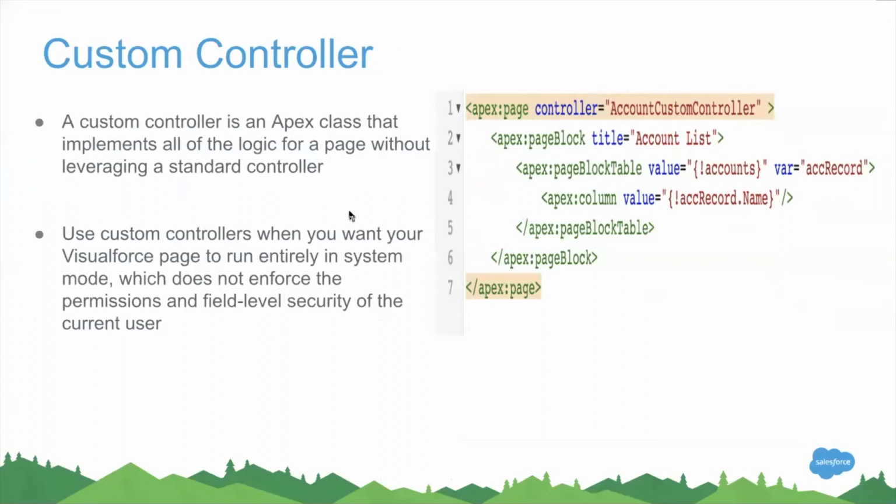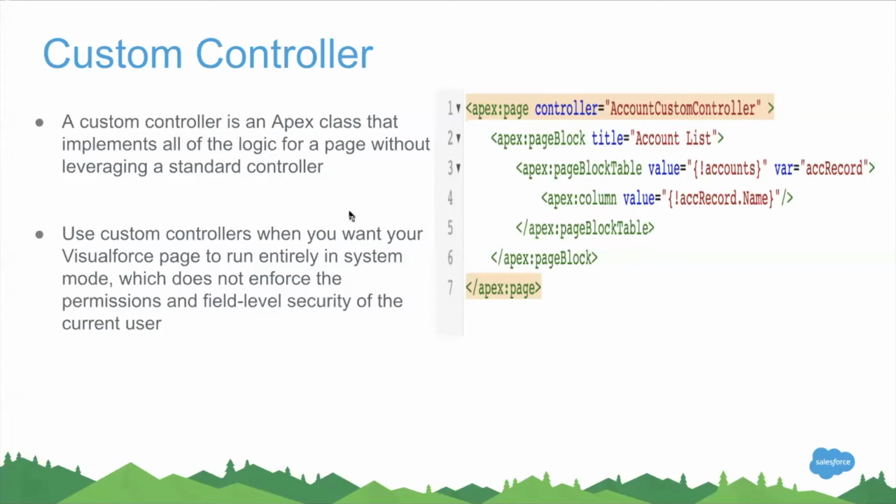So far we talked about how we are bringing the records from Salesforce with the standard controller, where you didn't even write a single piece of code for customization in Apex. So here, if you want to add some customization logic, let's say you want to add two numbers and render the result in the UI, in that particular place we can't achieve that with the standard controller, right? So you are building your own custom logic.